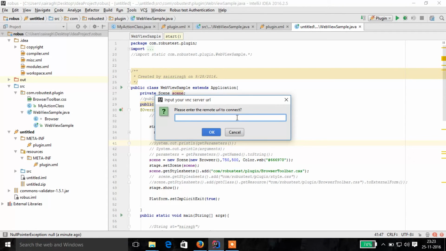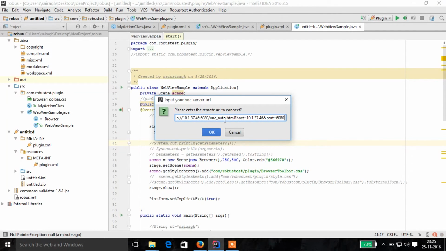Now this link is generated using NoVNC software, which is to be hosted on a server, which is the Robust Test server in this case, and the clients which are trying to access the information through this plugin need to be able to run Java Viewer. Now this link is generated using NoVNC, as I have told before. This link now is to the server, which is the Robust Test server.